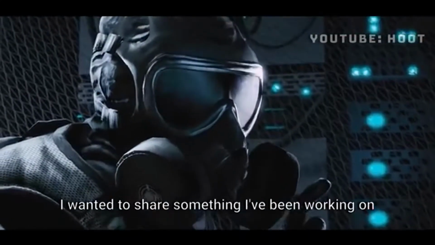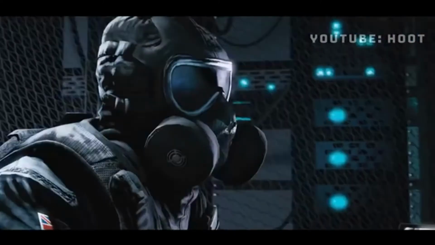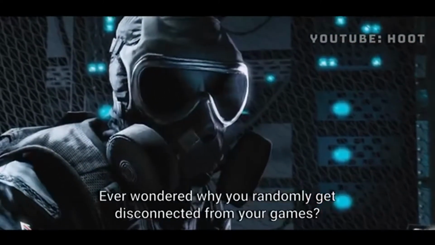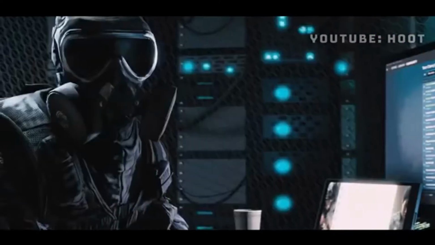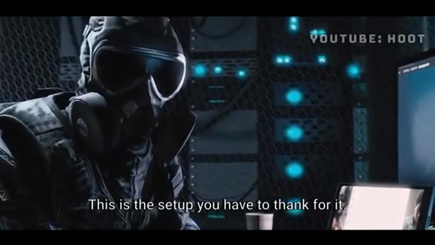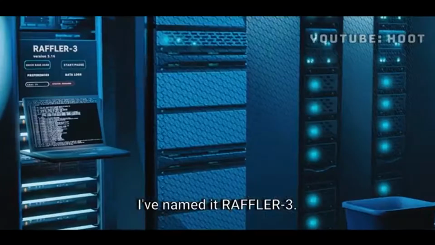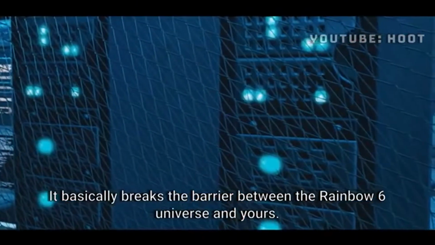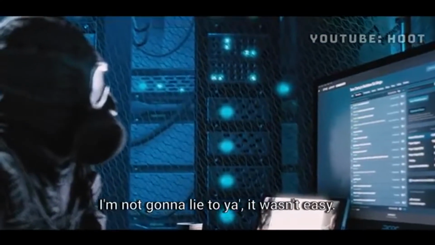I wanted to share something I've been working on these past couple weird years. Ever wondered why you randomly get disconnected from your games? Rubber banding? All of that good shit. This is the setup you have to thank for it. I've named it Raffler Tree. It basically breaks the barrier between the Rainbow Six universe and yours. I'm not gonna lie to you, it wasn't easy. But I managed to program it by...